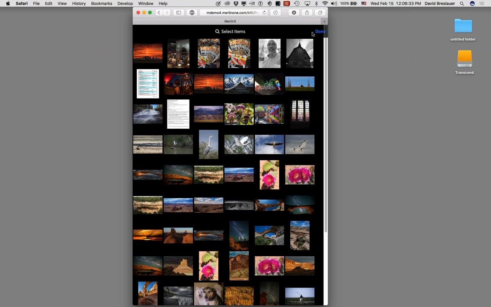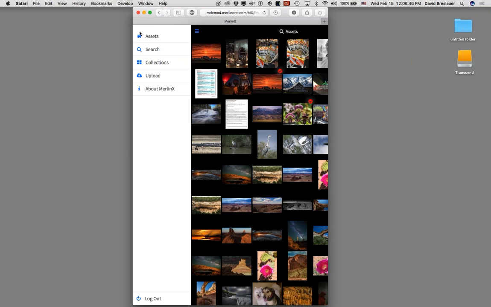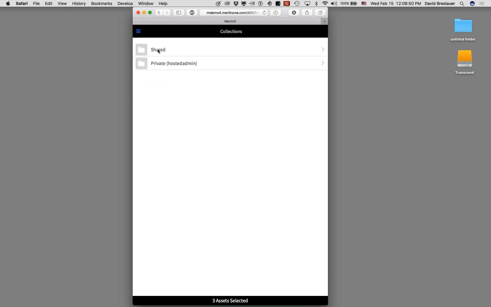So I can use my selection tool, and now I can go through and say, yes, I'd like this one, and yes, I'd like this one, and yes, I'd like this one, and I can say done. And Merlin remembers that these 3 items have been selected. I can go back to my menu. I can choose collections. Just like the other Merlin clients, I've got shared and I've got private, and we're going